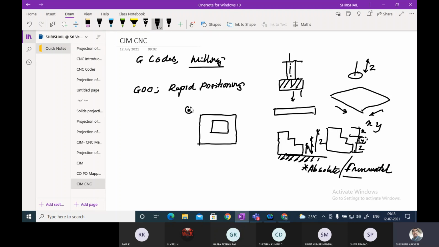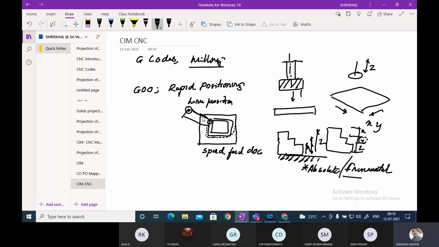Okay, this is the cutter, and now I want to do the machining of this particular part. The cutter has to move here and start the milling like this, like this, like this, and complete the cycle. While it is doing the operation, it has to maintain a particular speed, feed, and depth of cut. But while it is traversing from here to here, this is called the home position.